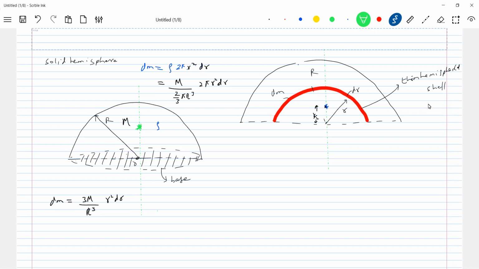Okay, got this one. Now, what is again the formula? RCM equals integral of, what is the thing? Of this hemispherical shell, where the center of mass is at a distance r by 2, into mass by this one. I think this bracket term is very important. So what should be the limit? 0 to capital R. That bracket r by 2 is something very important.